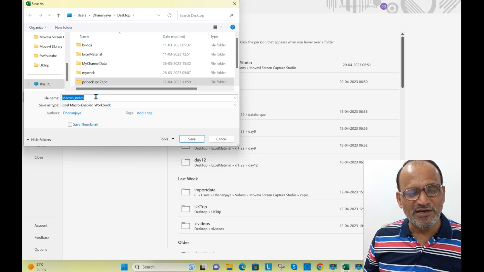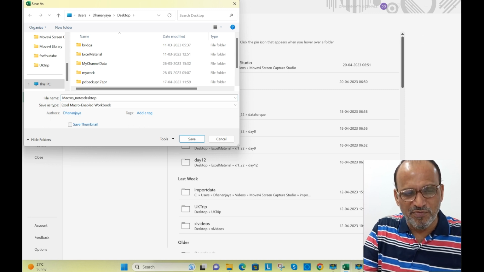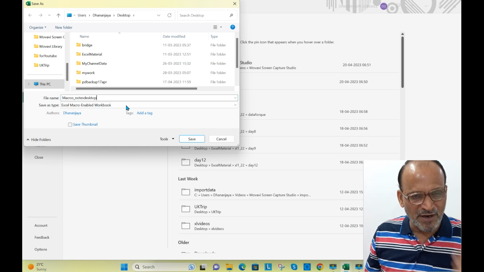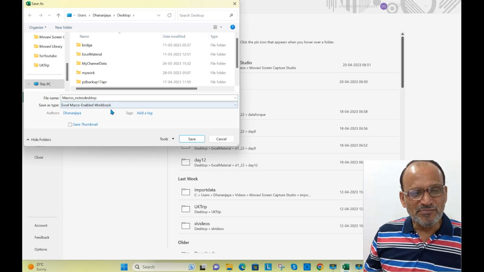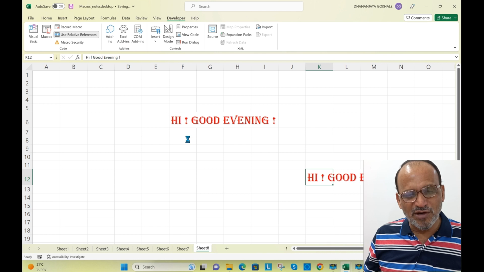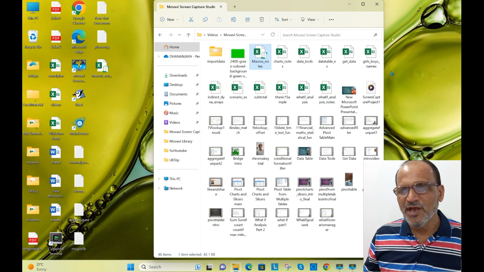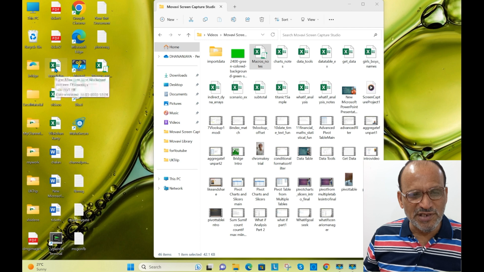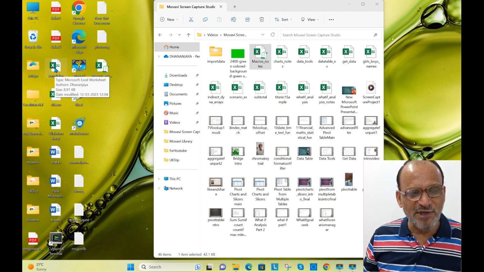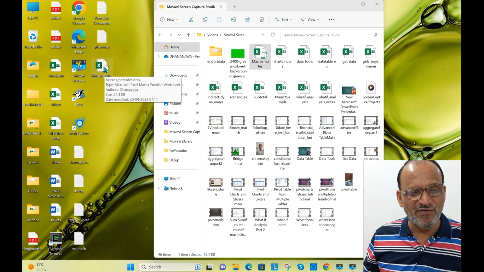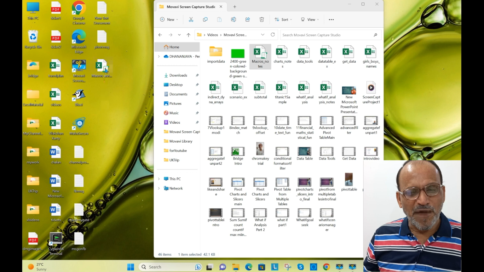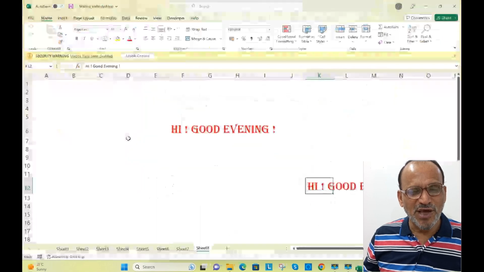So first, let me take it. I'm just going to call it macro notes on desktop. Okay, macro notes on desktop. And I'm going to save it as Excel macro enabled workbook, right? I'm going to close this file and go to desktop. So see the extension over here. See this. This is a normal Excel file, Microsoft Excel worksheet. And come on to this. It says Microsoft Excel macro enabled worksheet, correct? So I'm going to open this